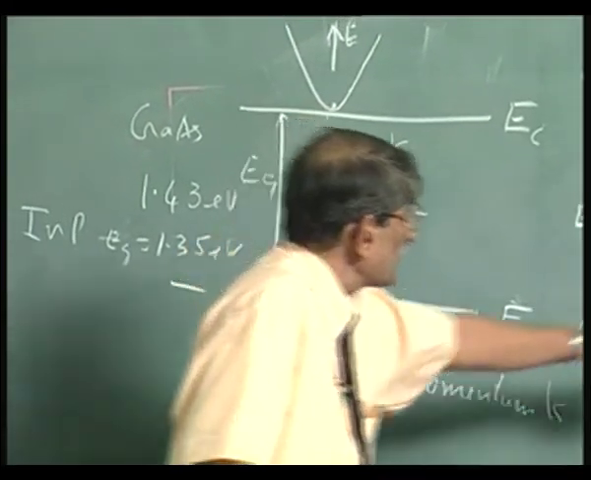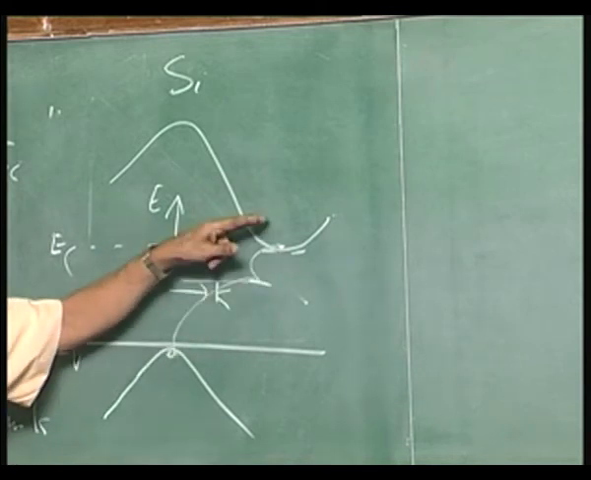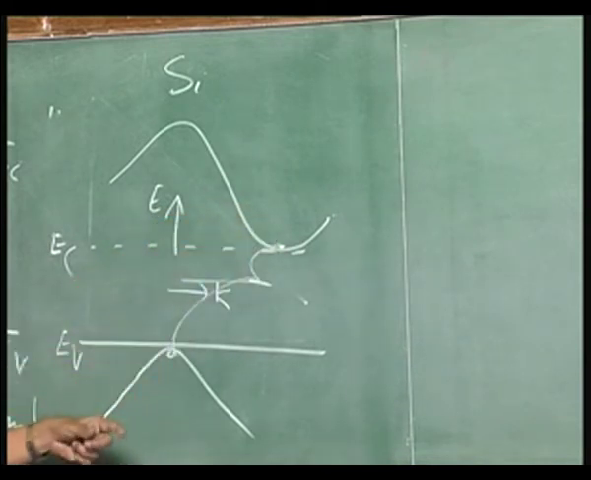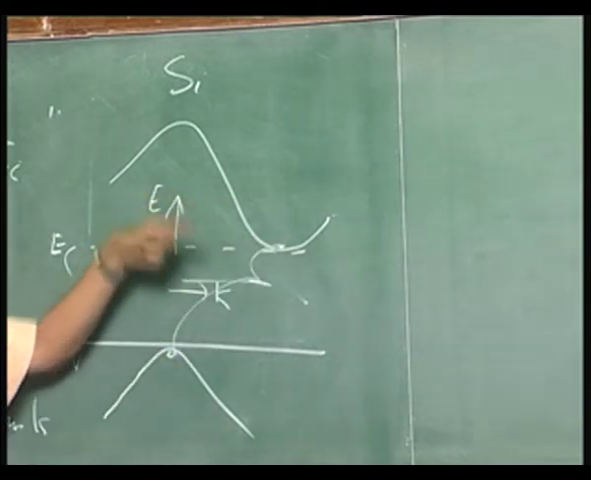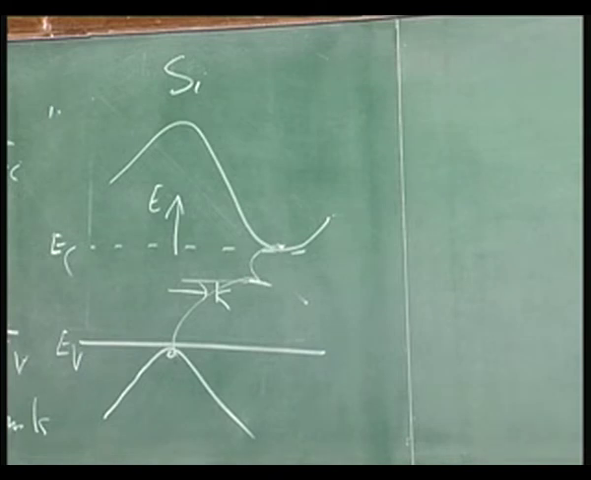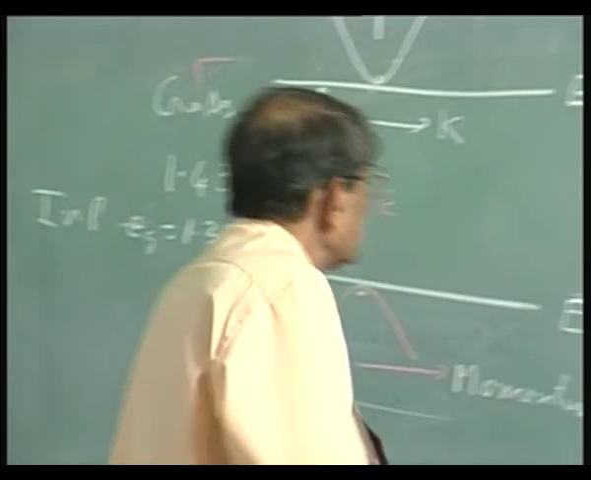Here the result is that the transition is not taking place directly from here to here, the transition is taking place indirectly through another intermediate level. That is why it is called an indirect band gap semiconductor. So, you have got direct band gap,